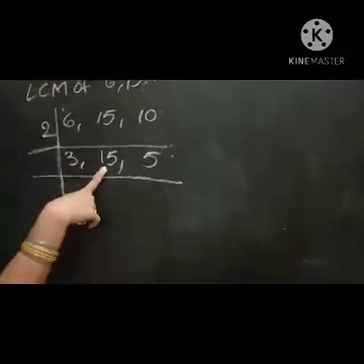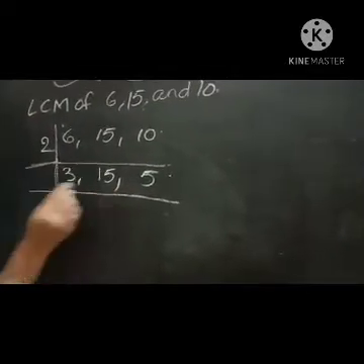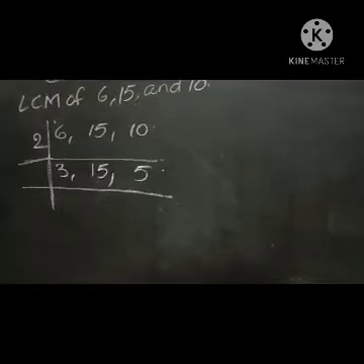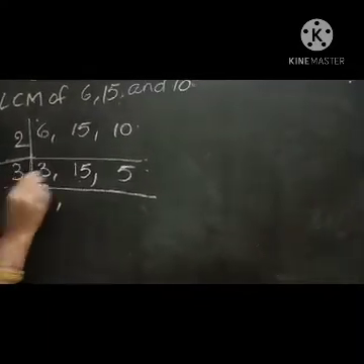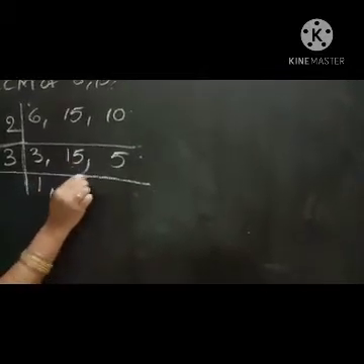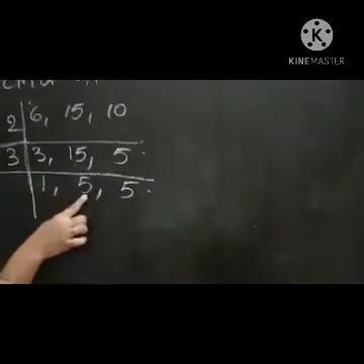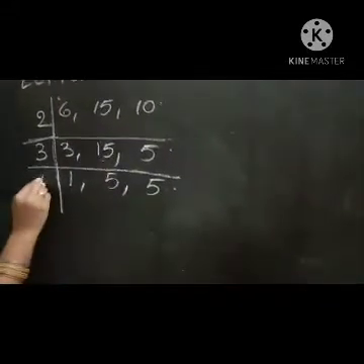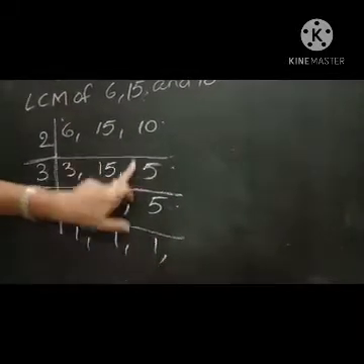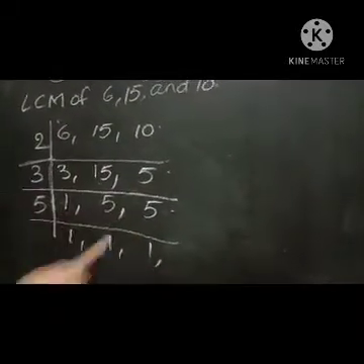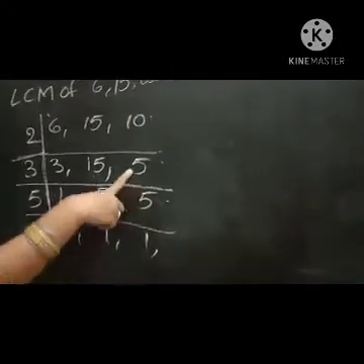In the 3 table, 15 is there or not there? Yes. So take here 3. 3 ones are 3. 3 how many times? 5s are 15, and again 5 is not there, no? Just write 5 only. Here 5 is there. 2 5s are there, no? Write here 5 table. 1 1 1. ఇక్కడ 5 ఎందుకు రాసామంటే 5 3 టేబుల్ లో లేదు కదా, సో రైట్ హియర్ డౌన్ యాజ్ 5 ఓన్లీ, సేమ్ నెంబర్ వీ హ్యావ్ టు రైట్.